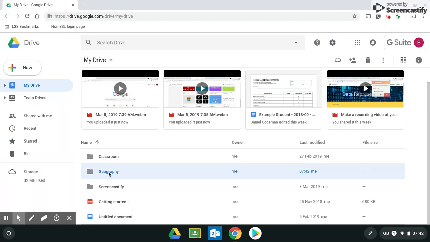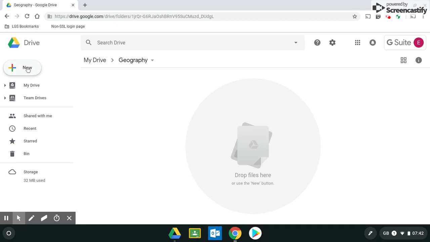If you go through Drive, what will happen is if I'm in the geography folder, if I then click on New, make a document, make a Google Sheets,